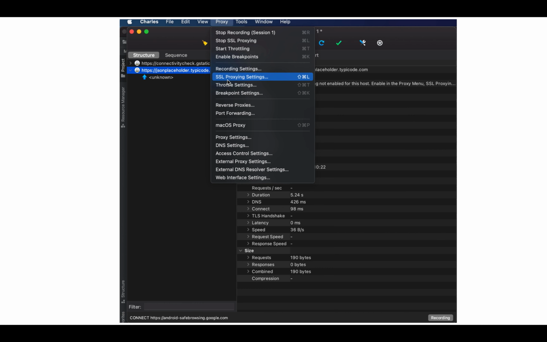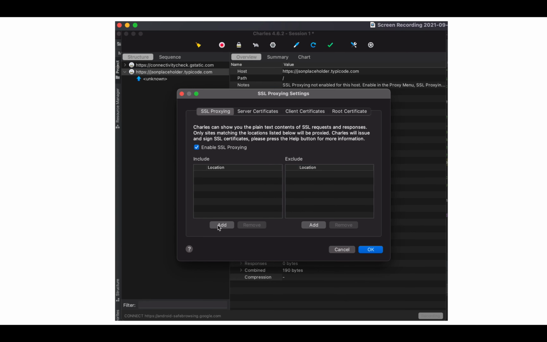To enable the SSL proxy, go to Charles. At the top you will find proxy settings. Click on proxy, scroll down, go to SSL proxy settings. Now you need to enter the host name and port.